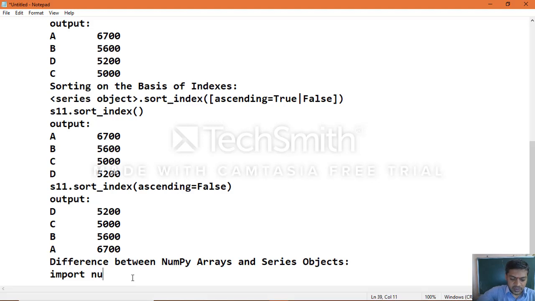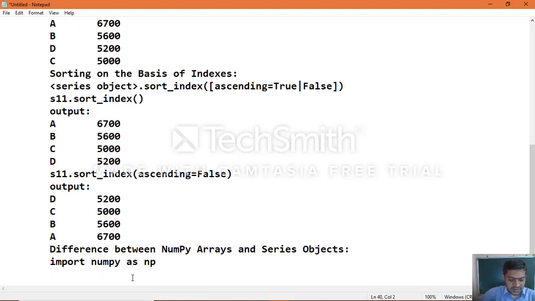Import numpy as np, then take an example a equal to np.array of 1, 2, 3.